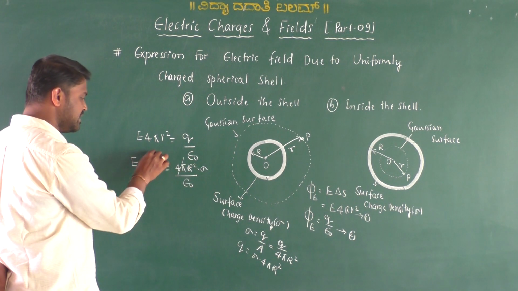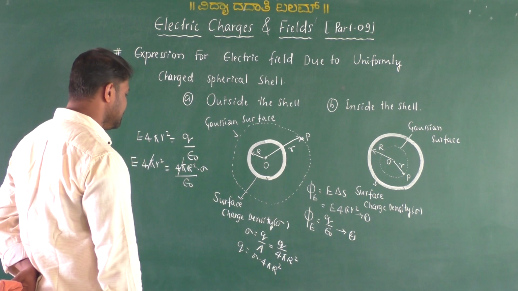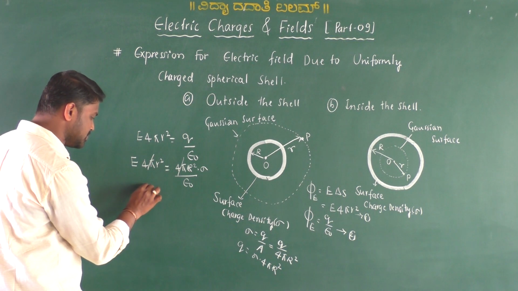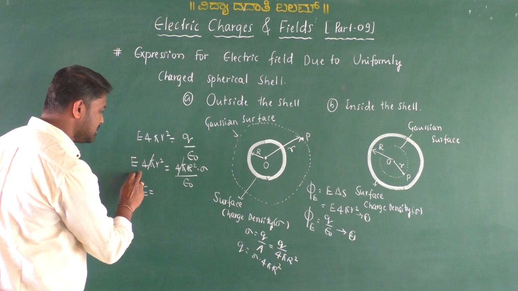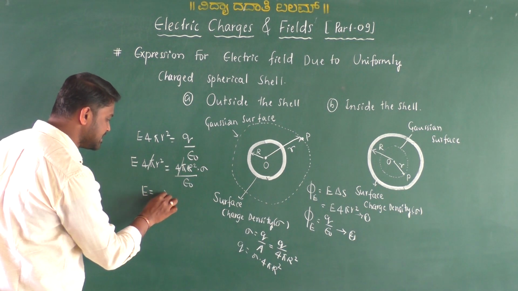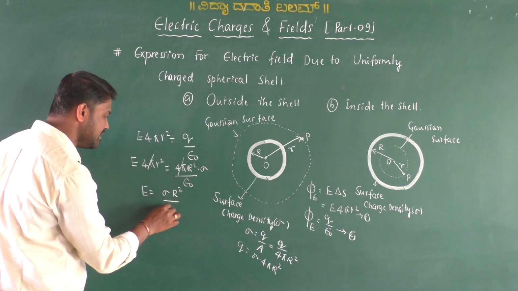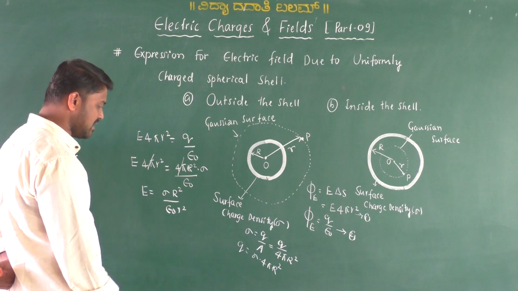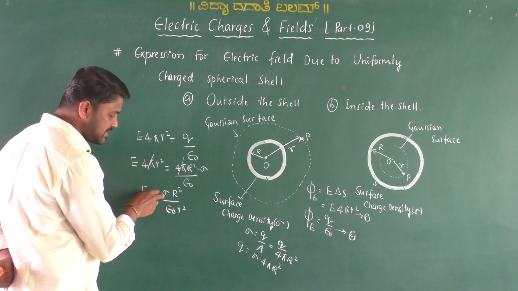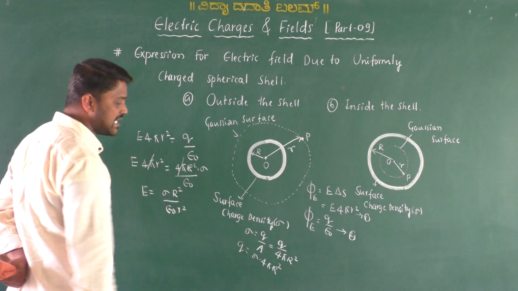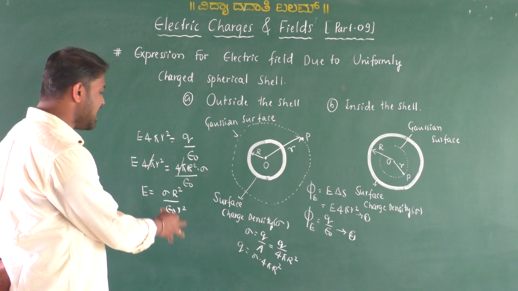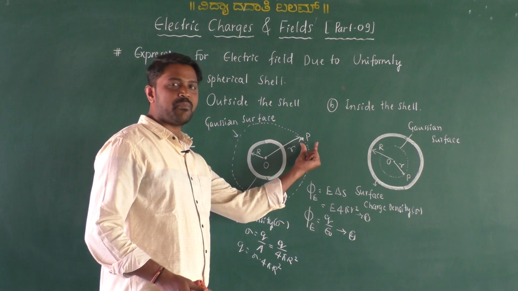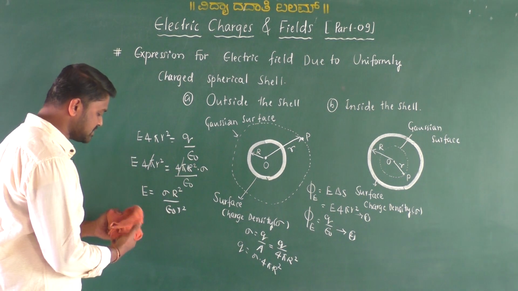This 4 pi gets cancelled. Then the equation becomes E equals sigma capital R square divided by epsilon naught R square, with the R square coming to this side. We know very well that sigma is Q by A. With the help of these values, to find the electric field at point P, the final expression becomes